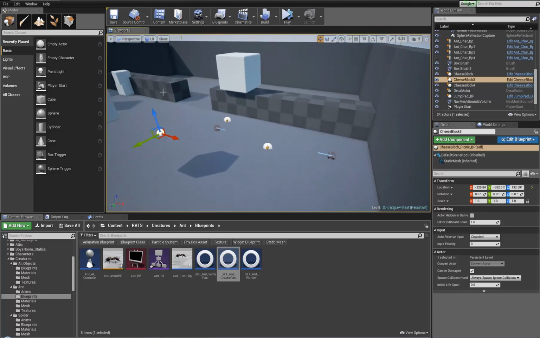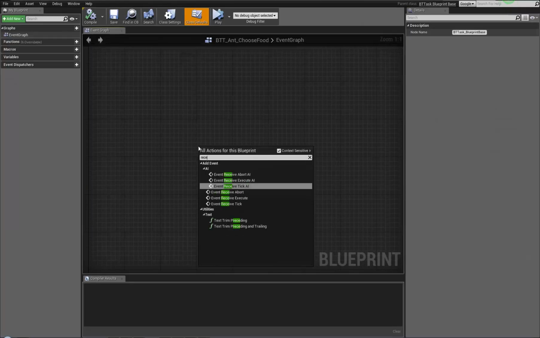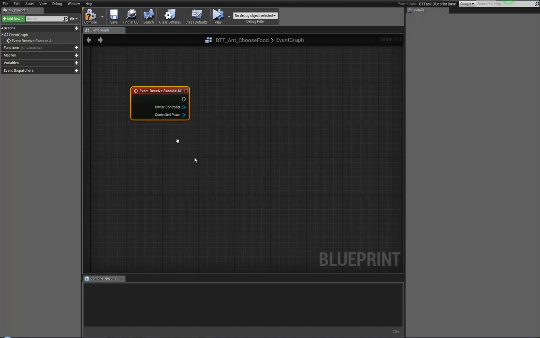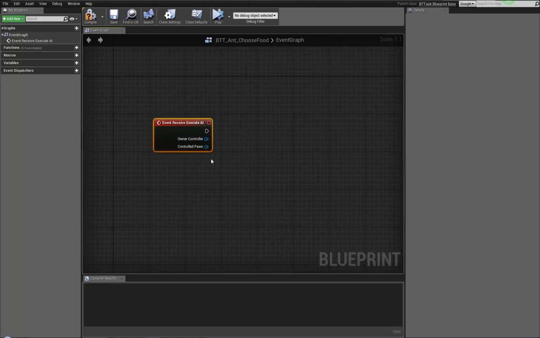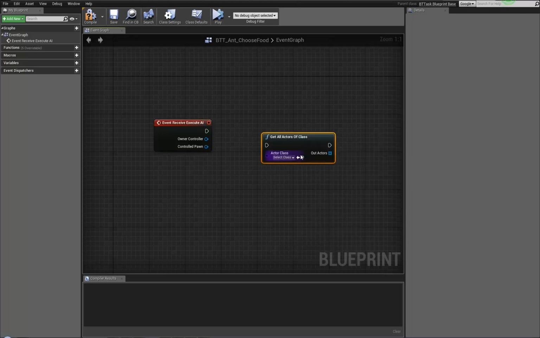But in this case, so let's see. All right, we want to choose the food first. That's going to be our task, right? So let's receive execute first thing. Always pick the AI version. Okay, when we receive execute, we're going to get all actors of class